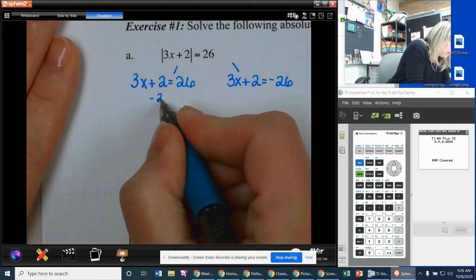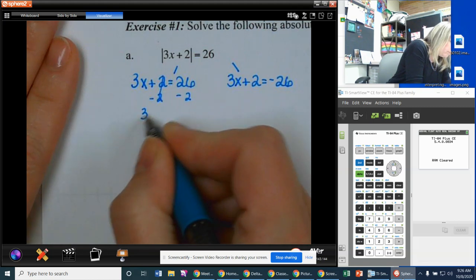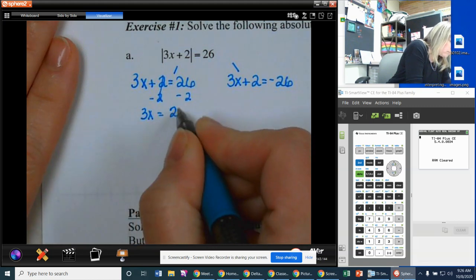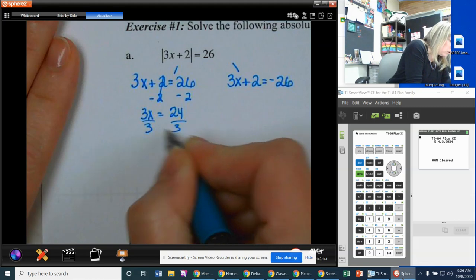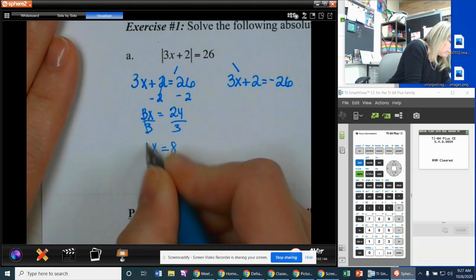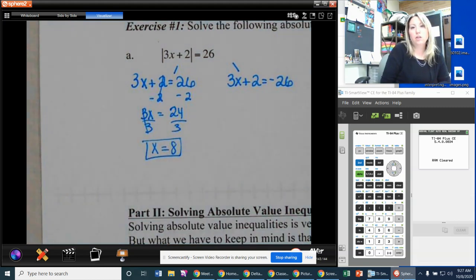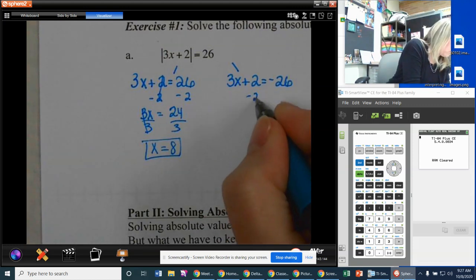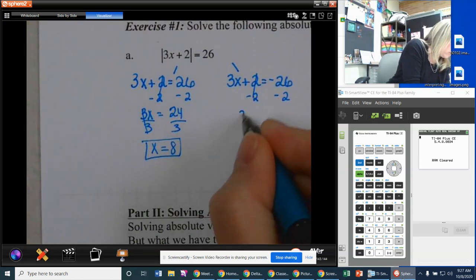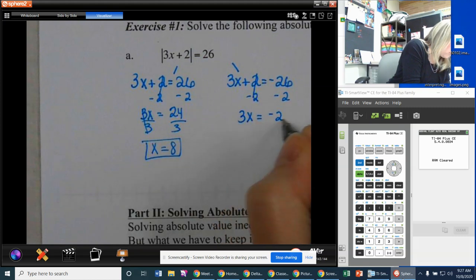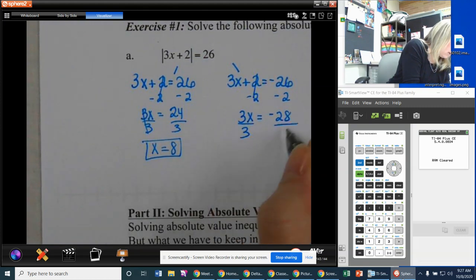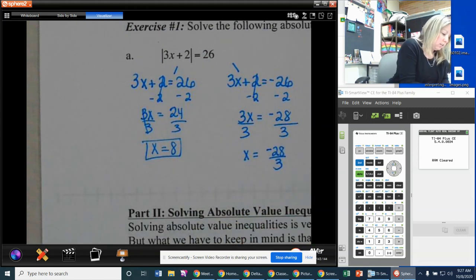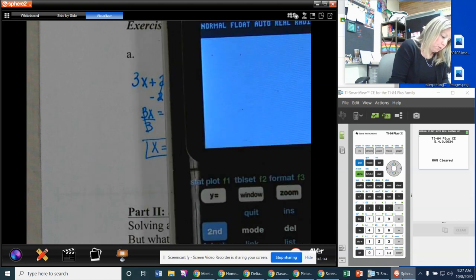So a quick walkthrough gives us, let's see, 8. And then what if that stuff that was inside the absolute value bars was actually a negative 26? A quick walkthrough over here gives us a fraction,